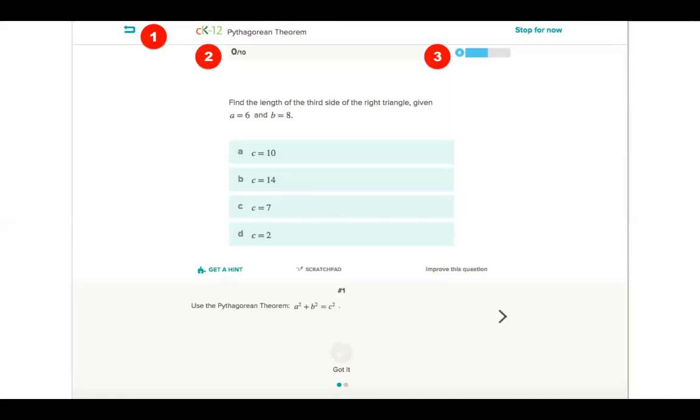You will see the battery charger that will increase and decrease based on the student's streak. Sometimes it'll even have a number there. It'll say like 3 times or 4 times if the student is getting several correct in a row. It will turn red and decrease if the student has missed several in a row.